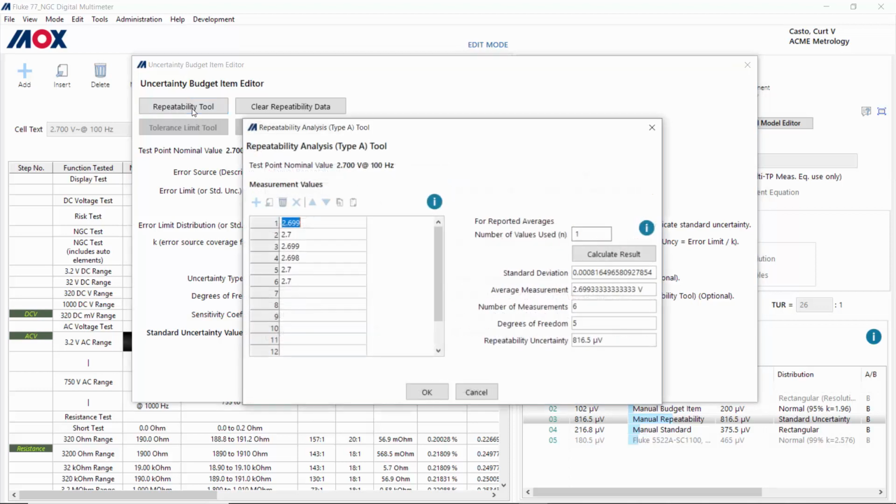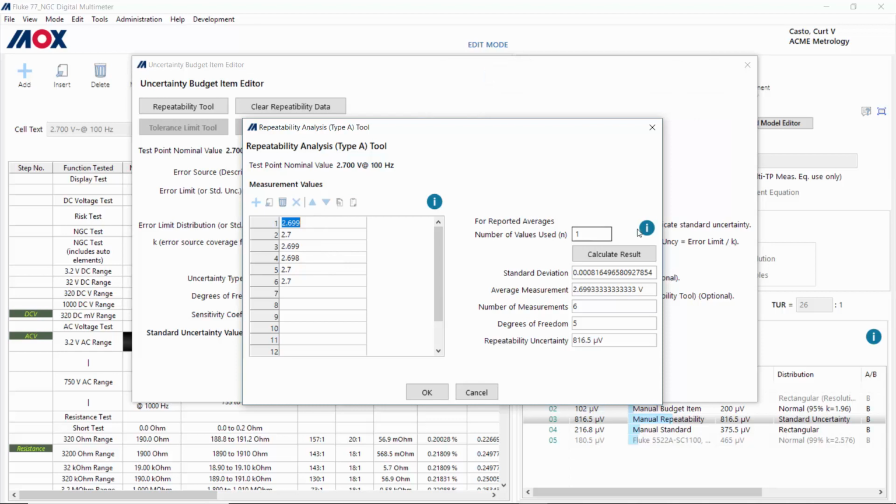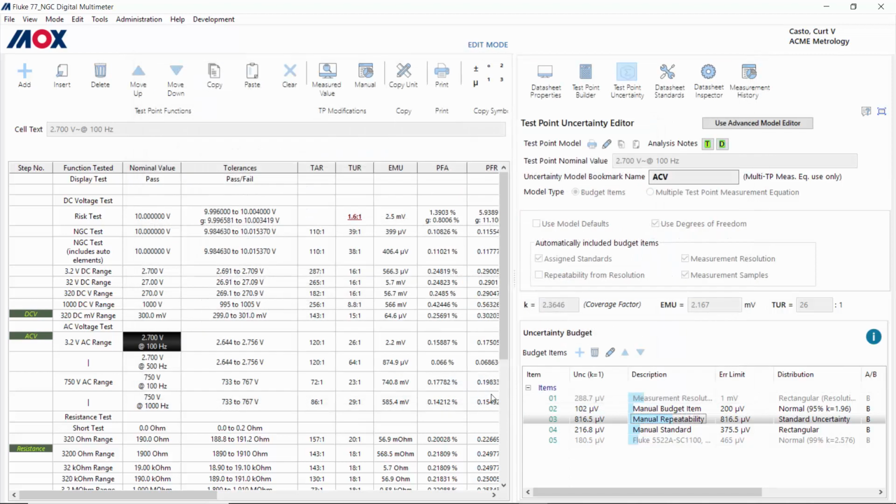But MPS also includes a reliability tool. If you have actual reliability data, then you can enter the reliability data from your reliability study for the test point in here, and then you can indicate the number of values used for each item. So if these are averages of 5 or something, then you would put in 5, and then you can have it calculate the budget item for you, the repeatability uncertainty, and it will automatically calculate degrees of freedom and all of that. We'll just hit cancel here, and then I'll hit cancel for this,